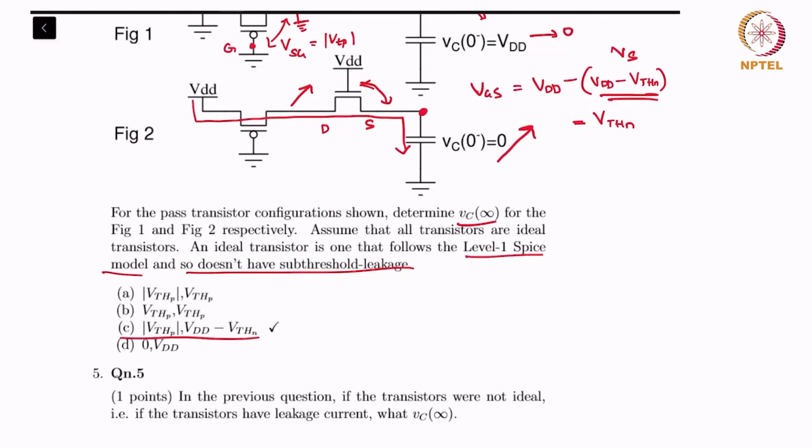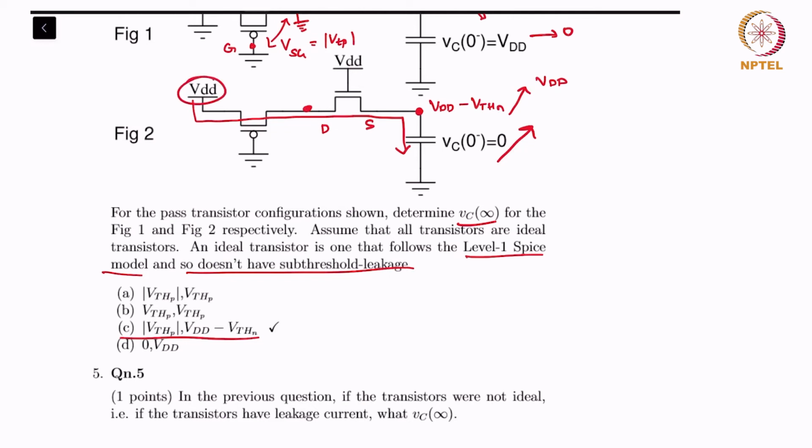And of course in the second question there is really nothing, even after you hit VDD minus VTHN at this node, the voltage will continue to rise until it reaches VDD. Why? Because when this is VDD, it's VDD here and it's VDD here, it has